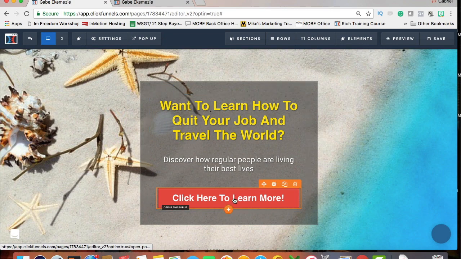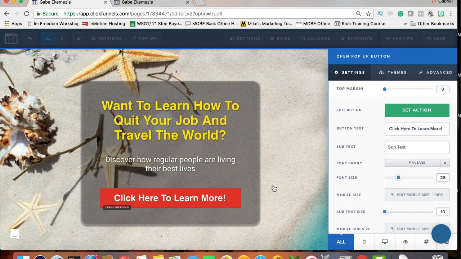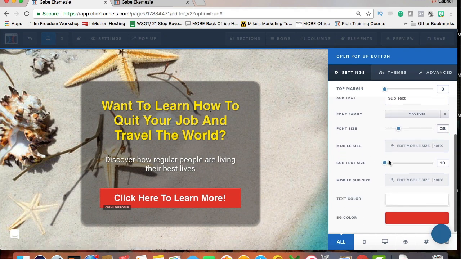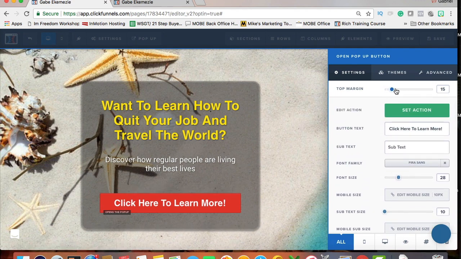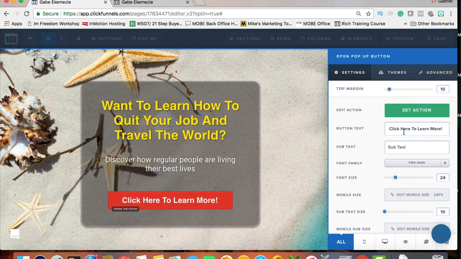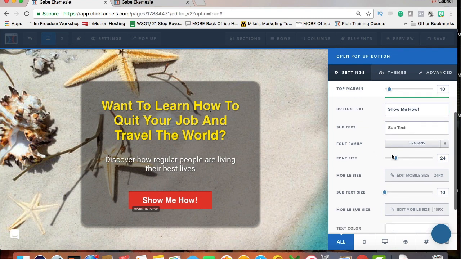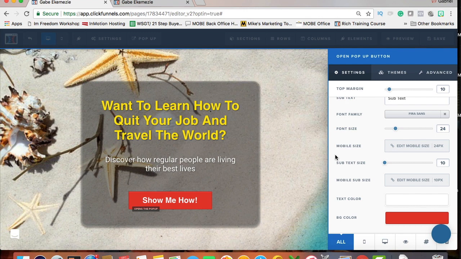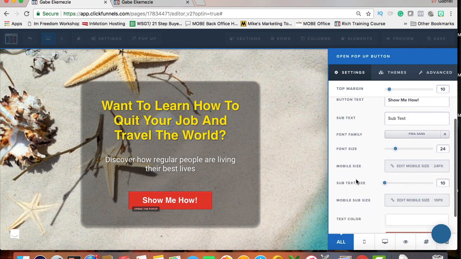Now, the next thing is the button. So the button you can change exactly the same way. You can click it, and this is all the things that you can change. You can change the space between it. You can change the font size. This is where you can change what the font says. So you can say something like, show me how. And so from there, you can just kind of play around with these elements here